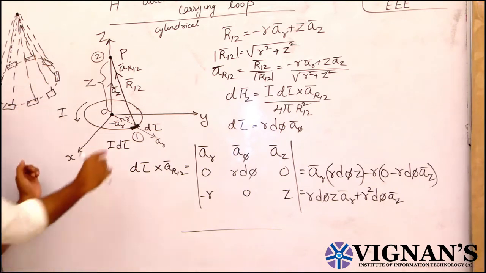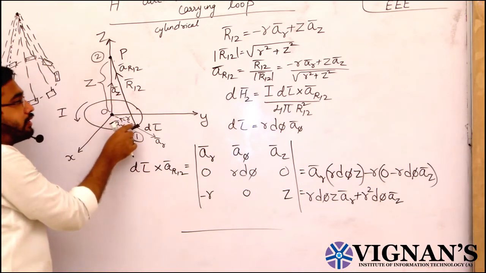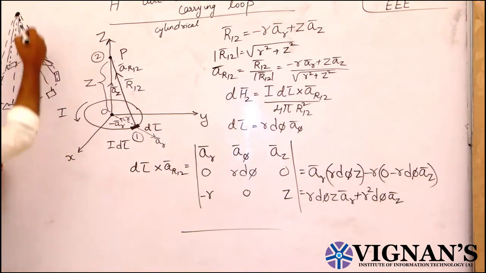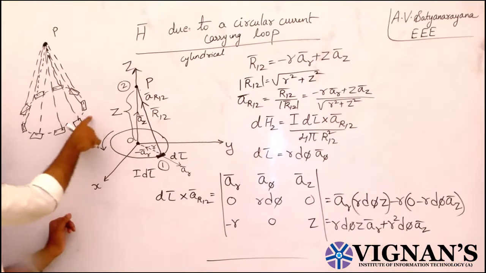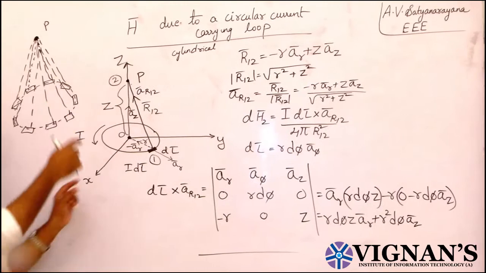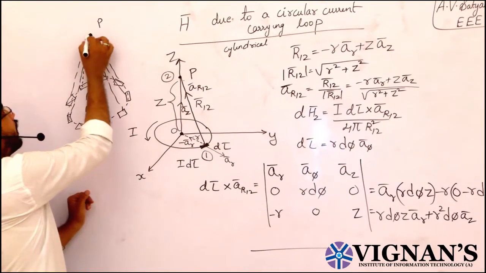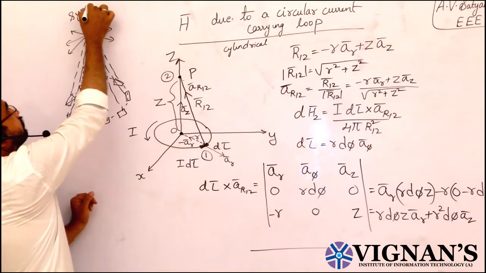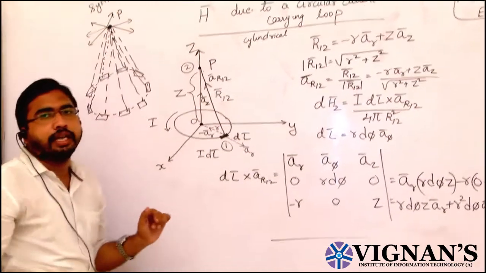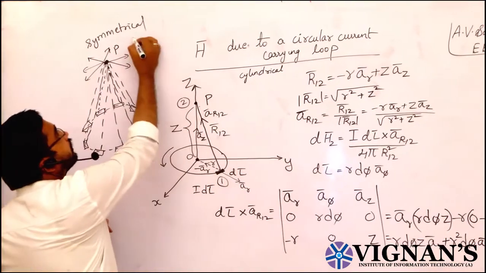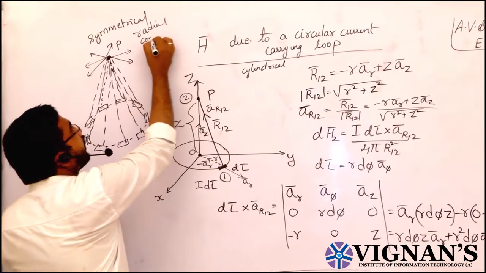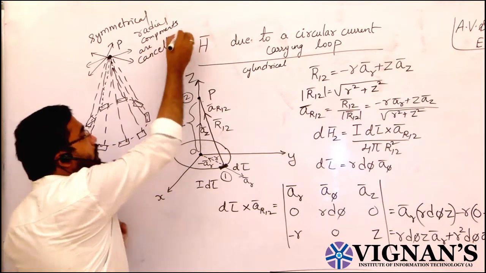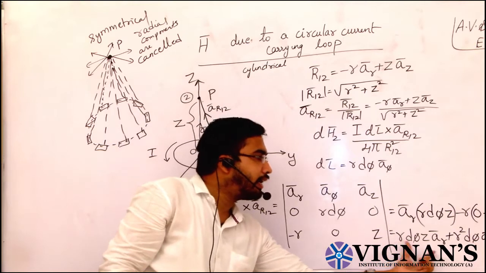at a particular point. That means at this point, origin point, it is creating a vector minus aR bar. I am considering another point P. Here also, at this point P also, these differential lengths dLs will produce minus aR bar components. All these minus aR bar components will be kept like this. They will be symmetrical, and they will be getting cancelled with each other, so that here radial components will be cancelled. Radial components are cancelled. That means from this determinant value we can neglect this radial component.